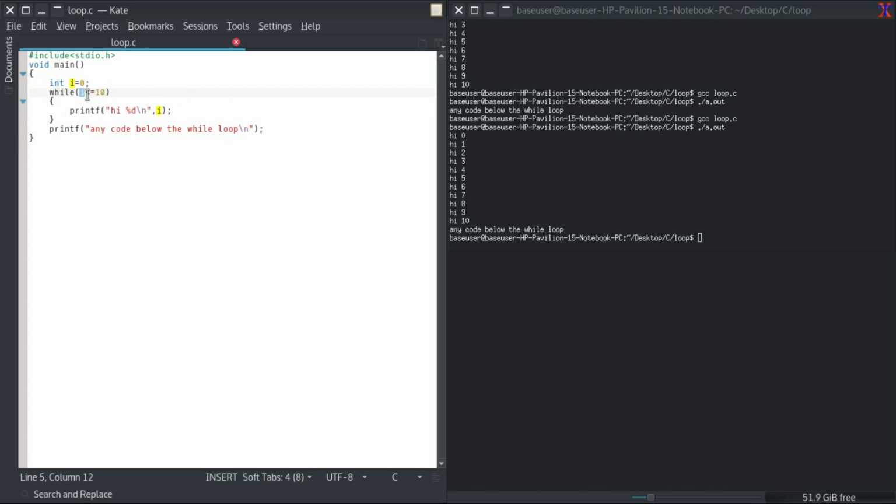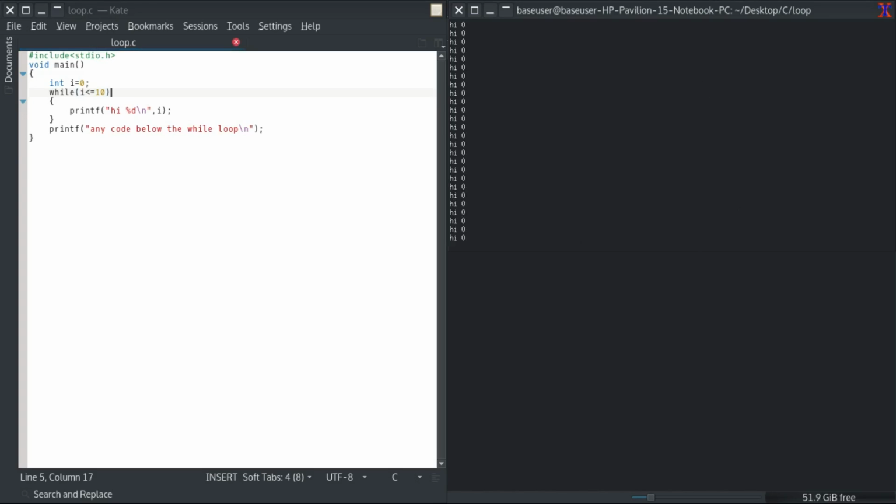Because if I had incremented my I by 1, or say suddenly I jumped my I to a value greater than 10, my loop would stop. But in this case, I is never changing, I is always staying less than 10. So this will run again and again, or this will run infinitely. These kinds of loops are called infinite loops. Do not use them until you know what you are doing, and you can pretty much crash your computer and or make it useless. I'm going to show you what will happen if you run an infinite loop.